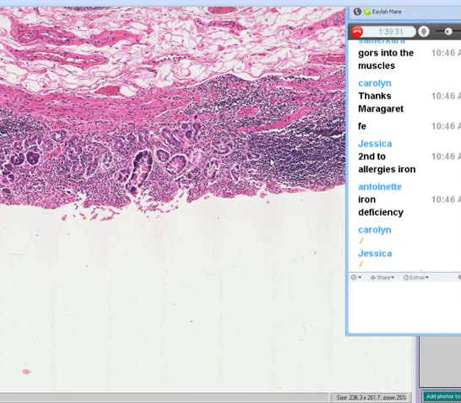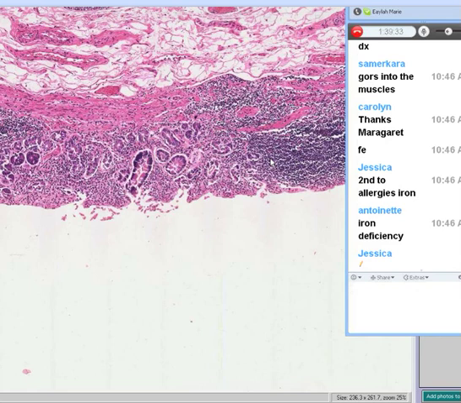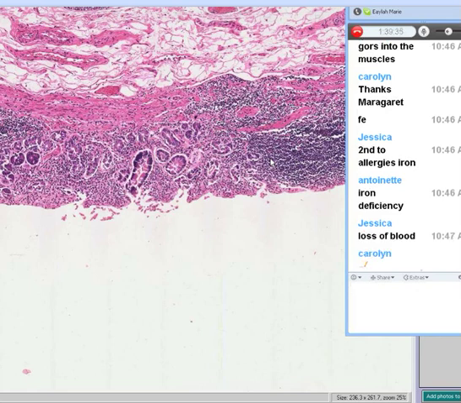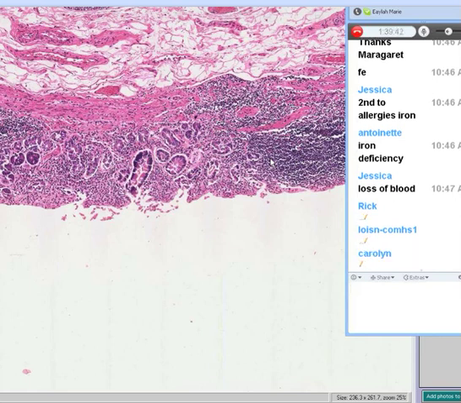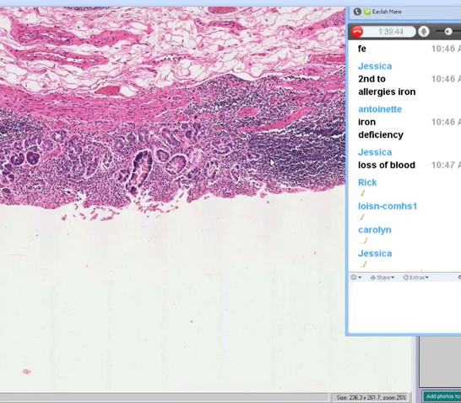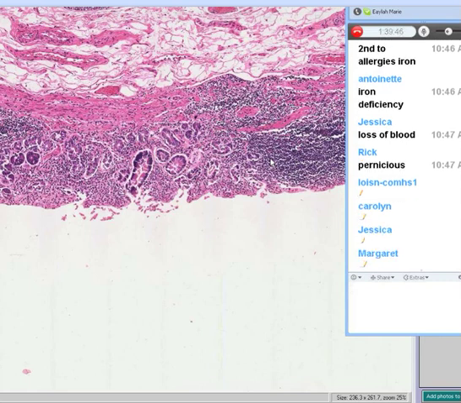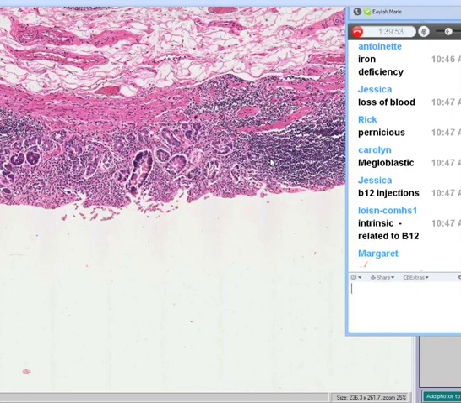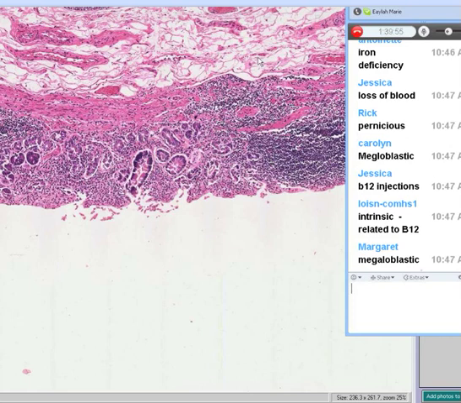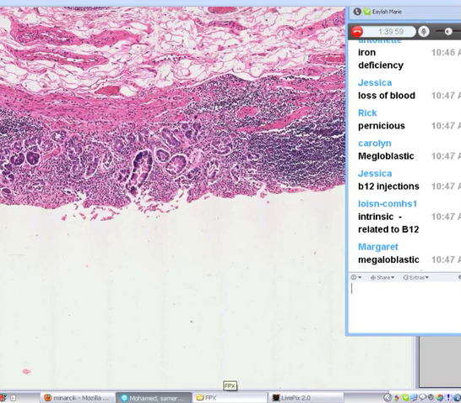Oh, you know what? I'm sorry. If the person was hemorrhaging chronically because of this, because of ulceration, yeah, they would be iron deficient. But once again, here's my question. Let's say that this inflammatory infiltrate impaired the cells that made intrinsic factor. What kind of anemia would you get when you have problems with B12? Thank you, thank you, thank you. I think you all got the question. And right, if they were losing blood, they'd probably be iron deficient as well. Okay,